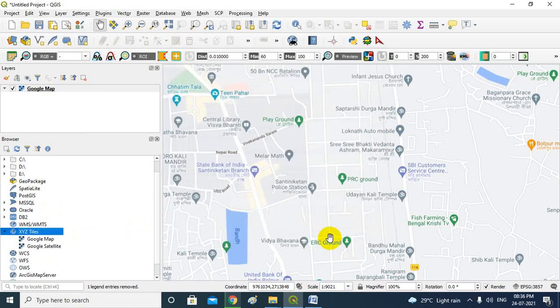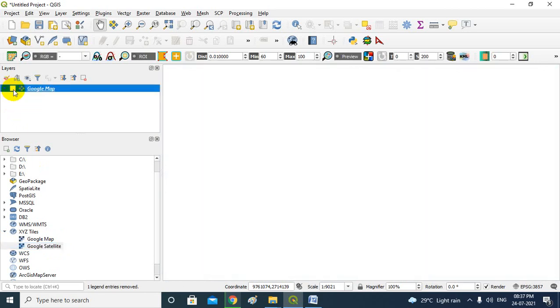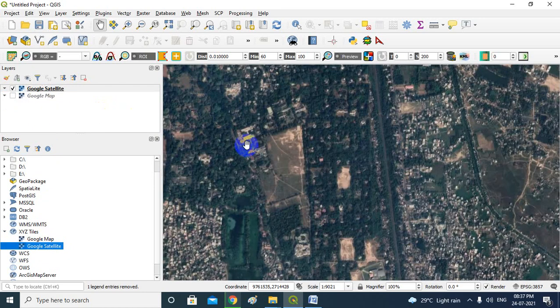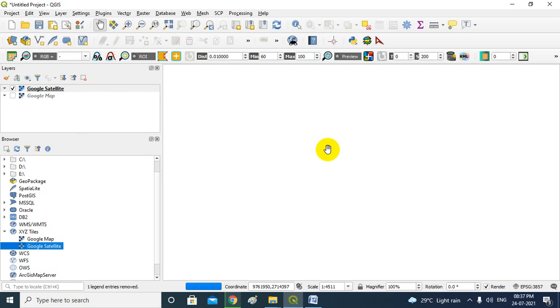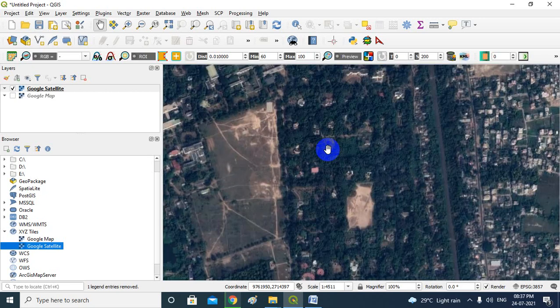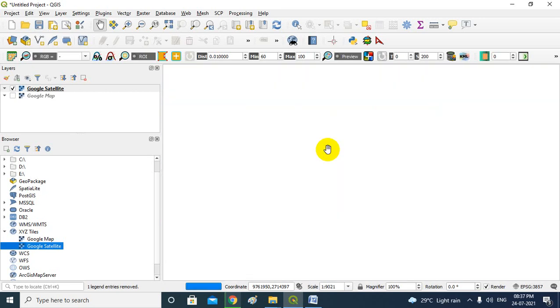Okay, so now the Google satellite tiled map is there. Let me make this Google Map invisible, and drag this Google satellite into the layers panel. So the Google satellite view now you will get. That will be very helpful, as I told you.